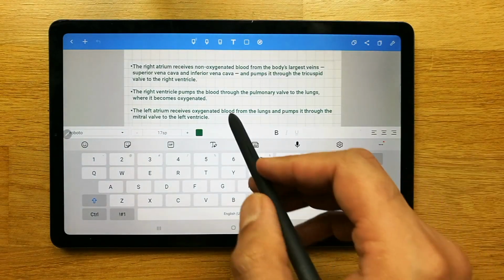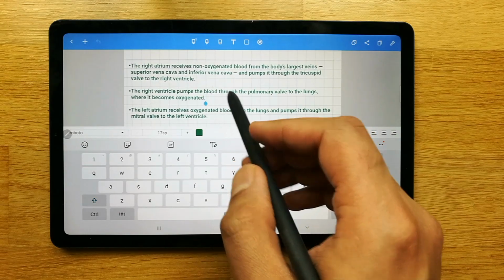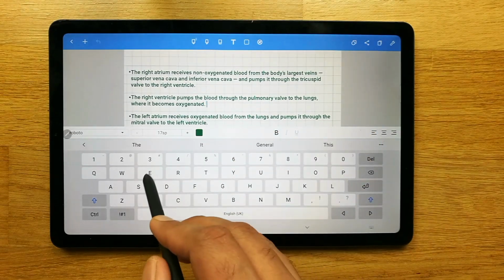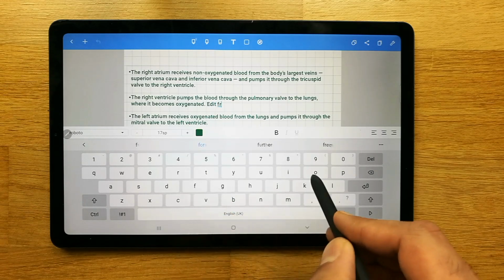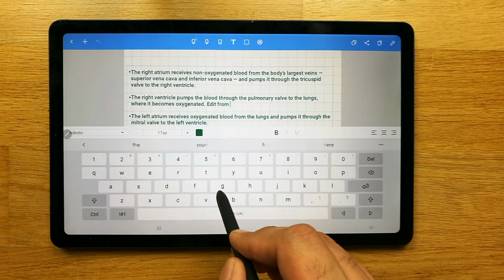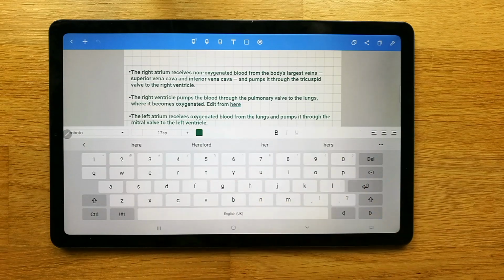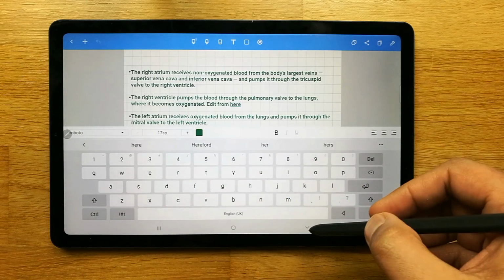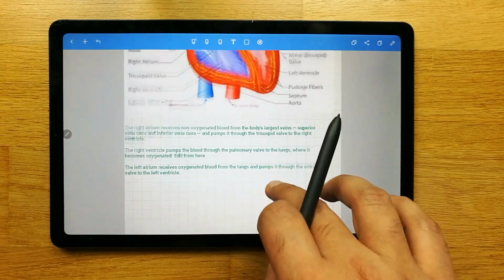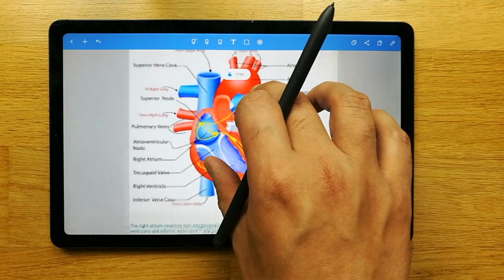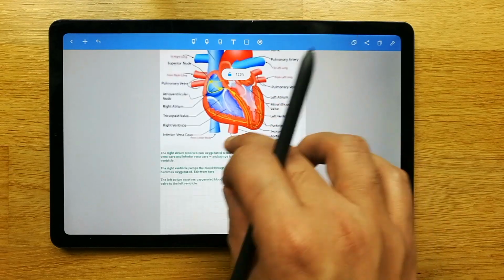Okay guys, and if you want to edit this text, you can also edit it with your keyboard. You can see here, you can edit from here. So there are a lot of things that you can do, guys. You can see now I edited it as well. So now I go back and you can see the image is over here, and my text is over here.